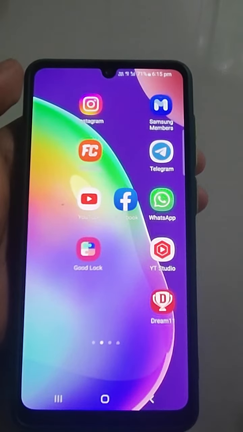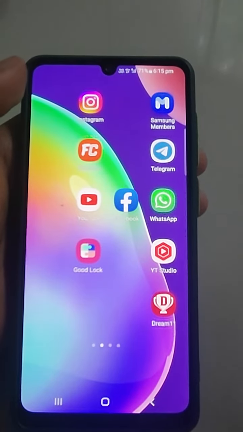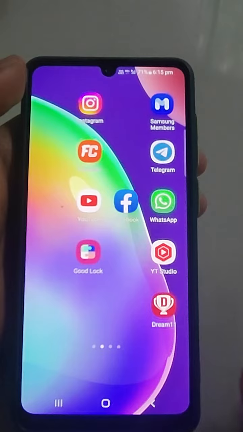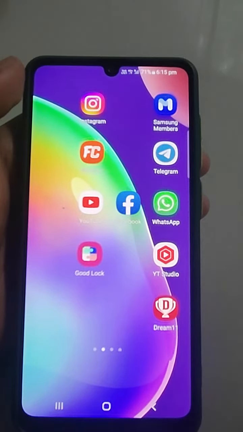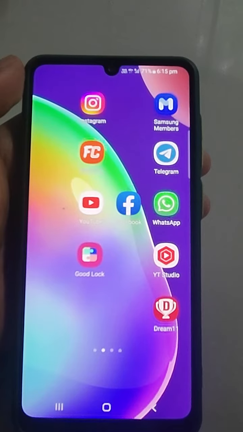Welcome back guys. In Facebook you are watching videos and shorts on a regular basis. If you want to delete your video or shorts history, then what you need to do, I am going to